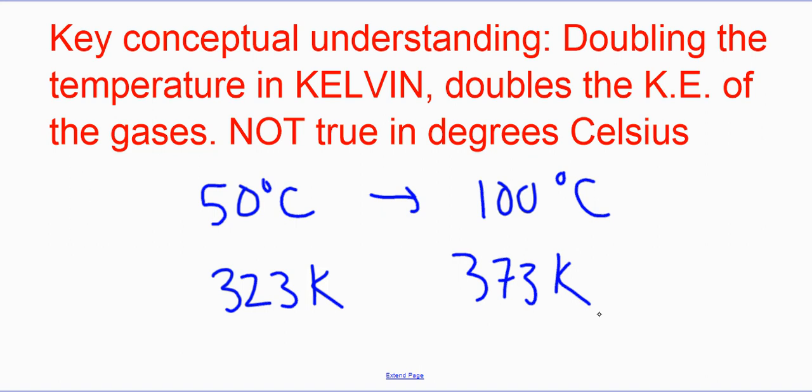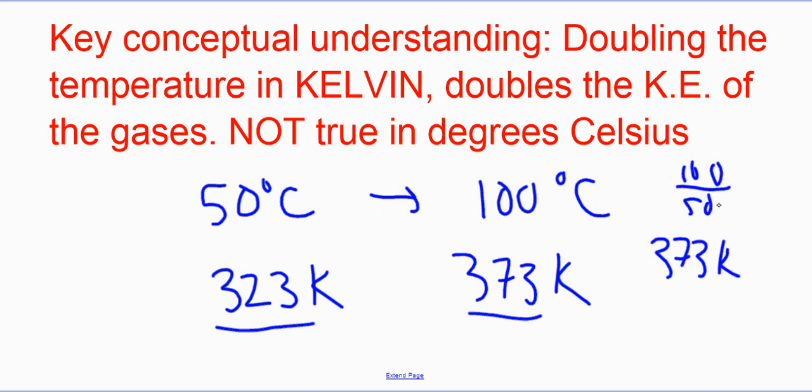And 373 is not 2 times greater. In fact, if we put them proportional, like 100 over 50, it's going to be 2 times. It looks like I've doubled the kinetic energy. But 373 over 323 is really, we have only increased the speed of those particles by 1.15